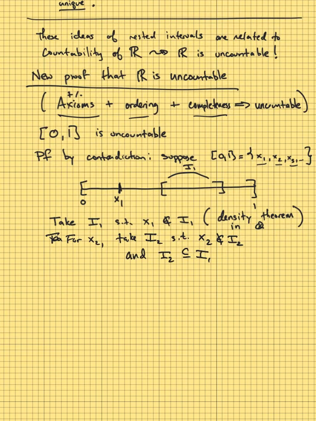Or what could happen is that x sub 2 is in here. Well, again, just do the same thing. Find a smaller interval here, I sub 2, so that x sub 2 is not in there. And now we do the exact same argument. So rinse and repeat